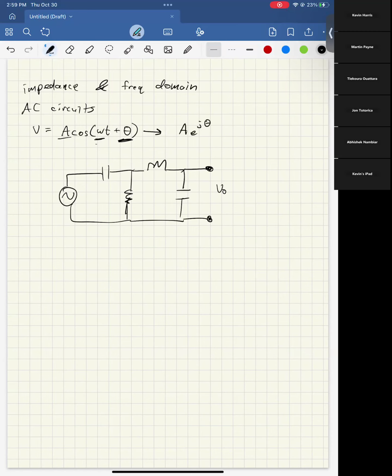So we ignore this omega when turning it into here because the assumption is if I'm driving this with some frequency, then the output will end up having the same frequency, right? It'll have a different amplitude and the theta won't be the same, but it'll have the same frequency. And then that frequency comes into play